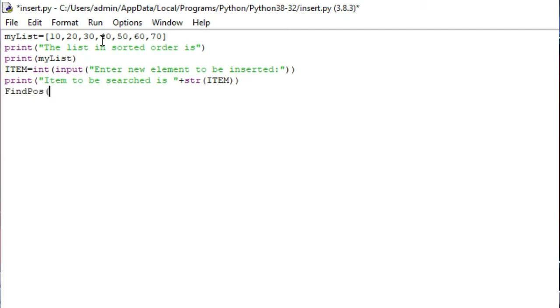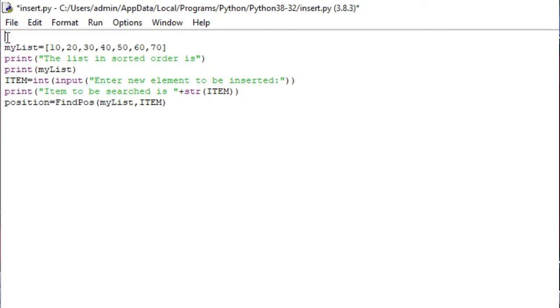This is the first thing, that we will find a position, my list comma item, and when that position is found, then we will store it in position. So for this we need this function to be declared on the top of this program.